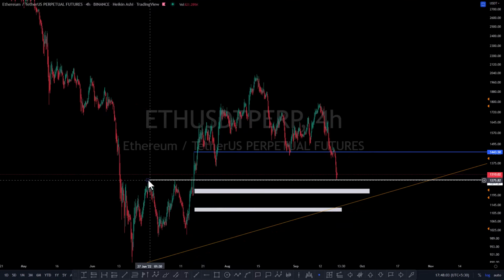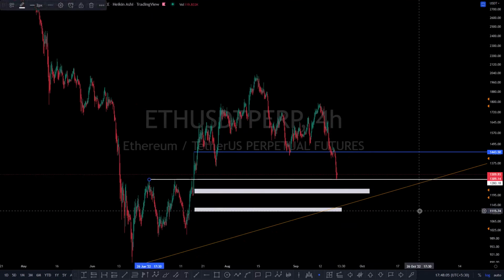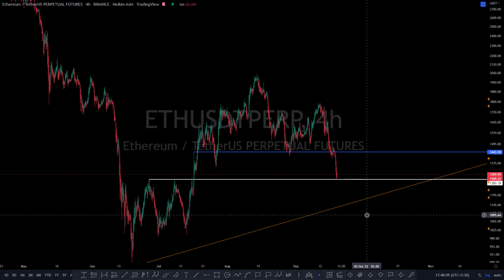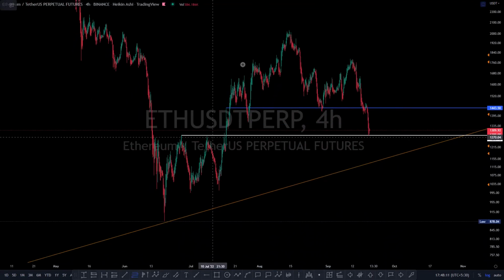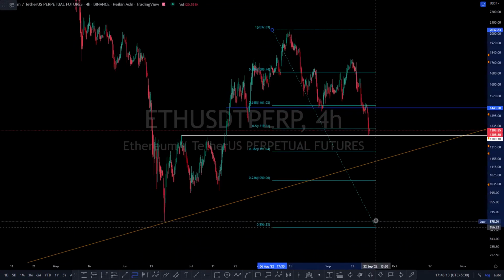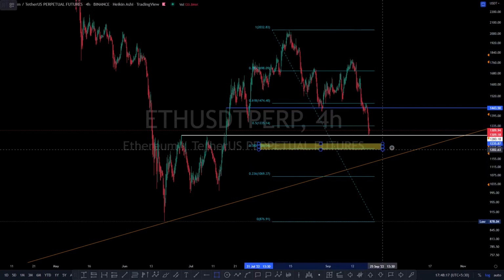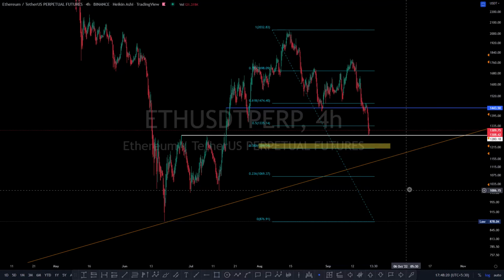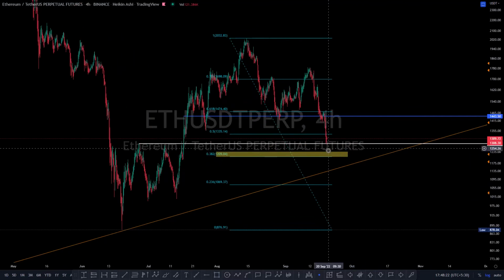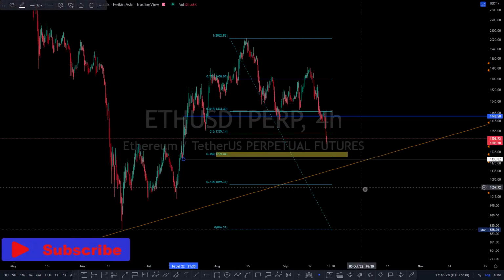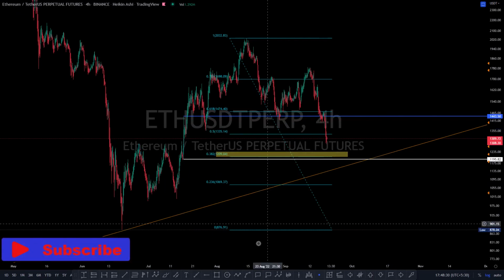You can see that you can draw all this for yourself. It is quite simple. 2-3 lines will show you what to do and what not to do. But if I do a Fibonacci analysis of ETH, you can see that now we are approaching the major zones of reversal. So this will be the first zone of reversal for ETH. So if we see BTC become a little bit weaker and it comes and taps this whole zone, this will be a major order block which will get filled, and then we can reverse from there.